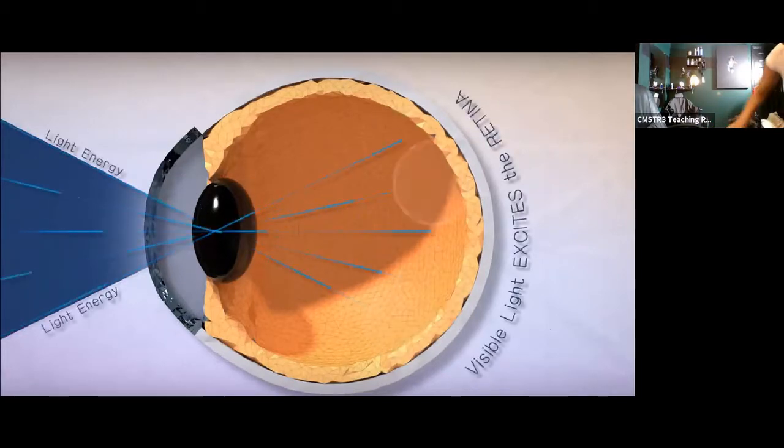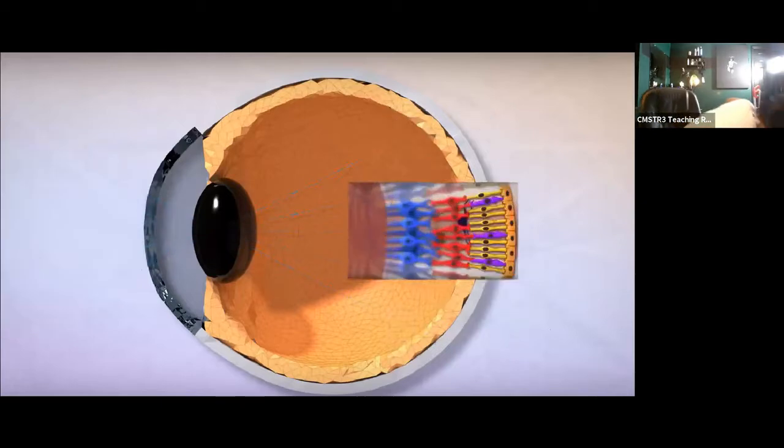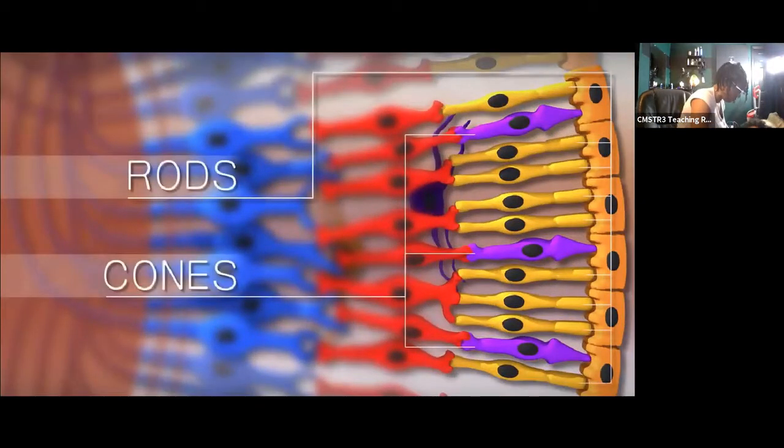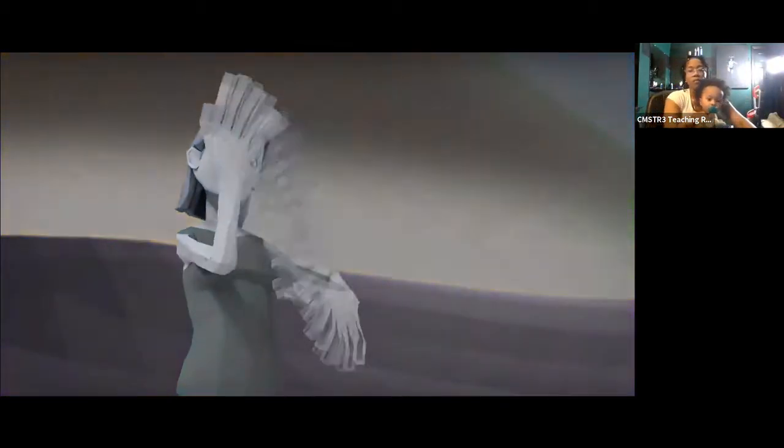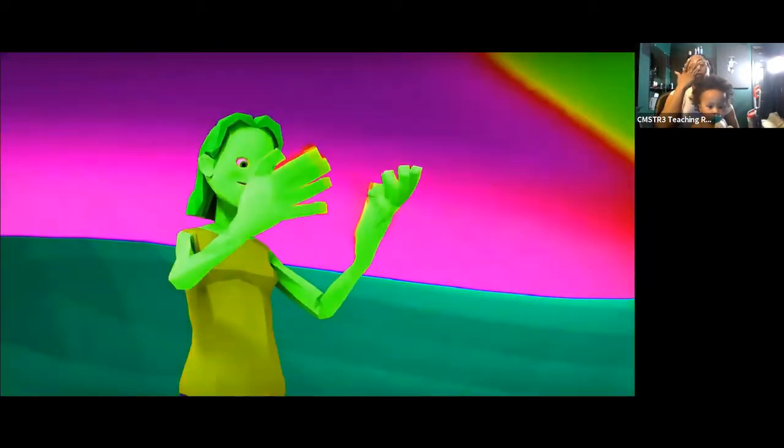Our retina are only sensitive to light with a very small range in energy, and so we call that range of light visible light. Inside our retina are special receptors called rods and cones. The rods measure brightness, so we know how much light there is. The cones are in charge of what color of light we see, because different cones are sensitive to different energies